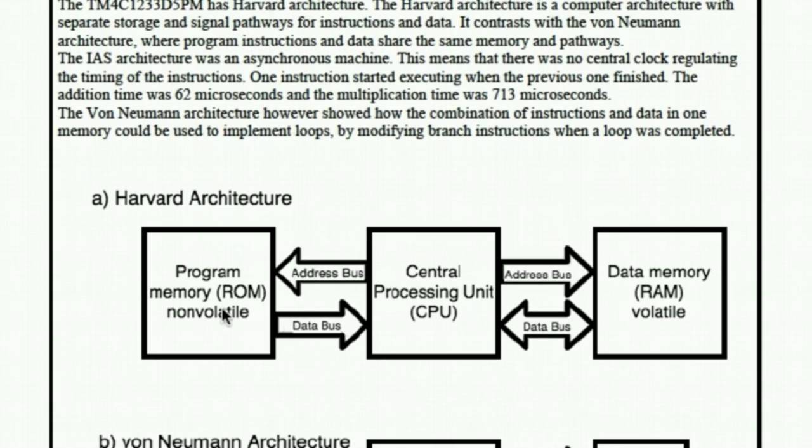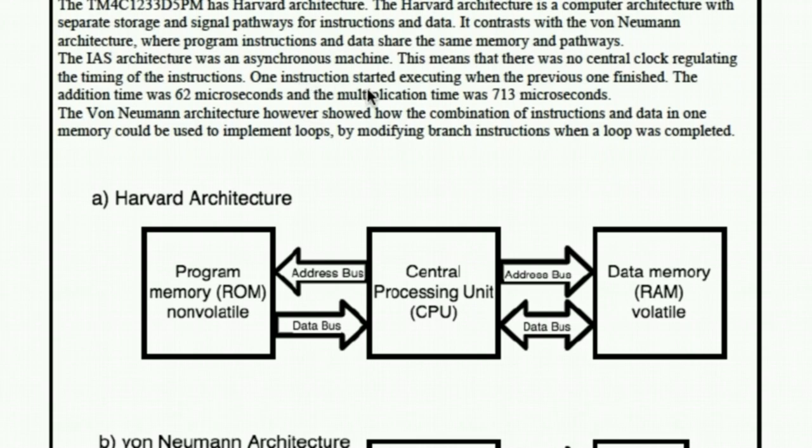So the data goes from the program ROM to the central processing unit via the data bus, and from here to the data memory via another data bus. But in comparison with von Neumann, this is not what happens. In the von Neumann architecture, you don't have this part. It is embedded in your RAM. So you have your ROM, RAM, and your single memory space. So your central processing unit interfaces with these through the address bus and the data bus.